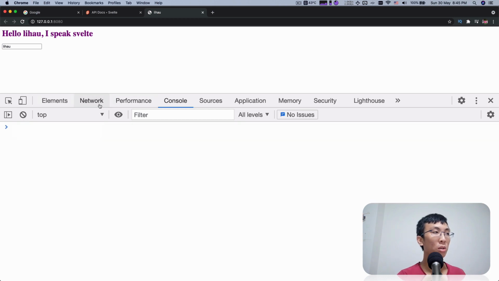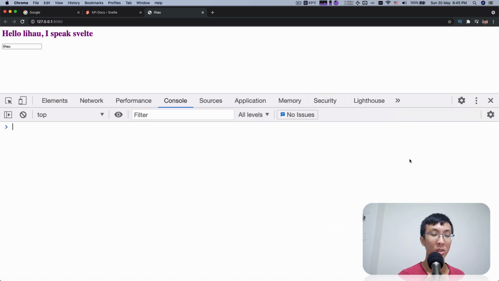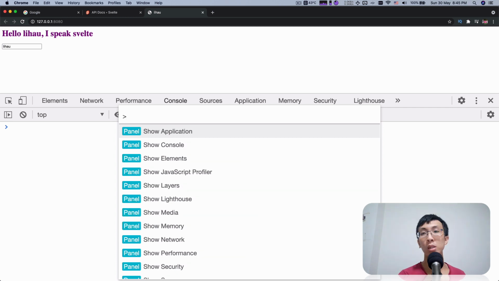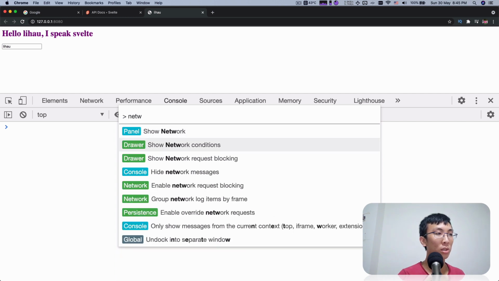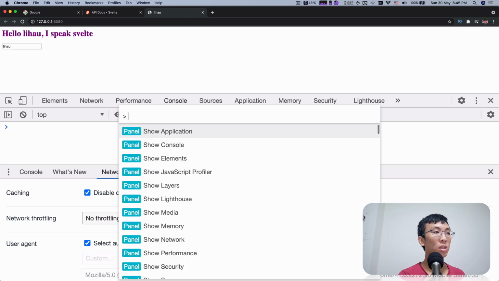Usually this is how I'm going to take a look. First I'm going to open up the network condition. Sorry, let me find where is the network condition. So I use Command P to open up this drawer and you can manually type this arrow symbol and say network condition. Okay, sorry, I'm not going for network condition. First I'm going to disable